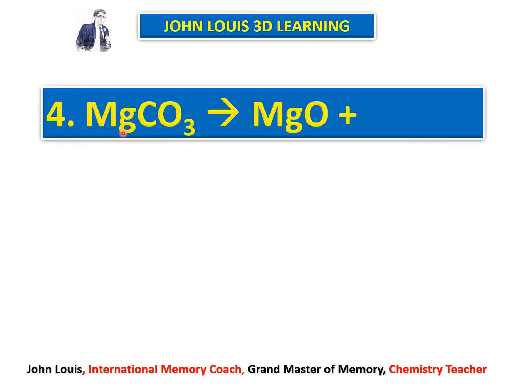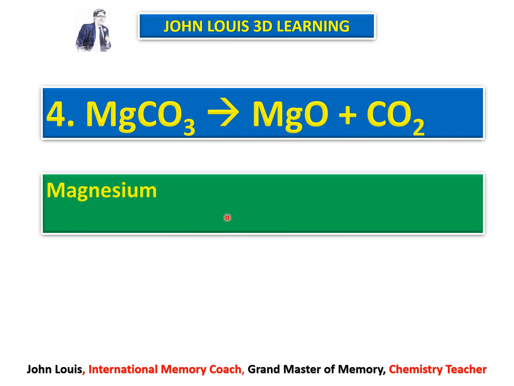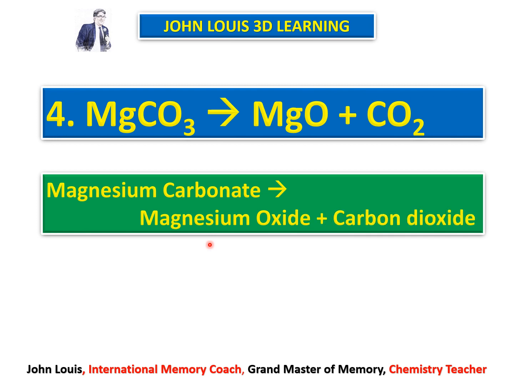Fourth one, MgCO3 gives MgO plus CO2. What is MgCO3? Magnesium carbonate gives magnesium oxide plus carbon dioxide. So, fifth one,